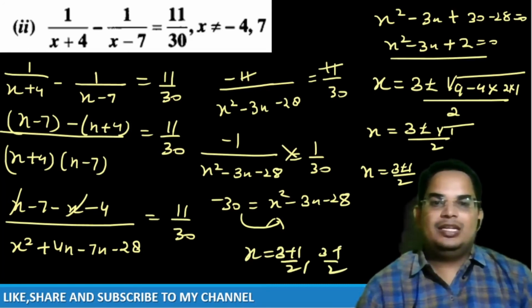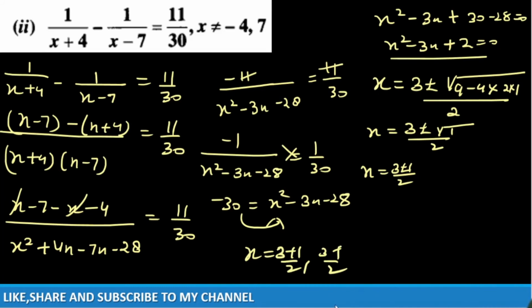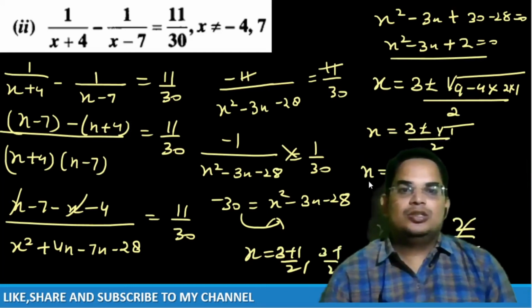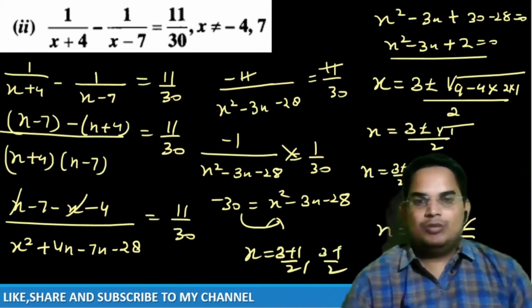So you can say finally your answer will be like this. It will become x is equal to 4 upon 2, comma, 2 upon 2. So 2 2s are 4, x is equal to 2 and x is equal to 1, 2 comma 1. This is the answer. So I hope all of you understood this thing. Now move to the next part.